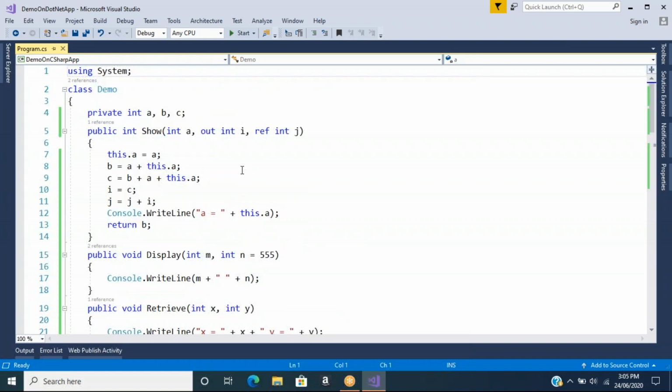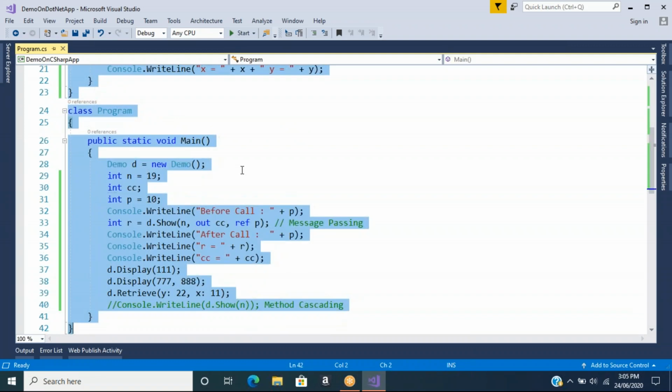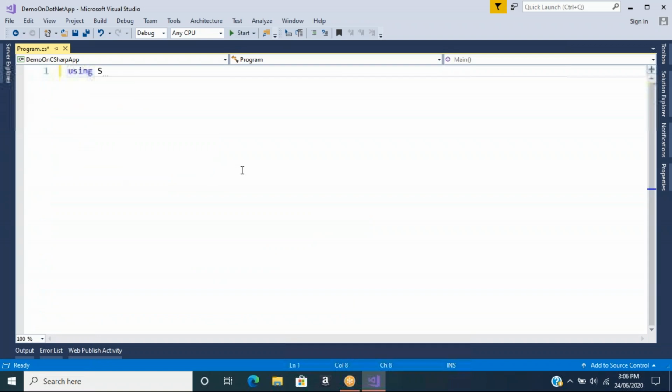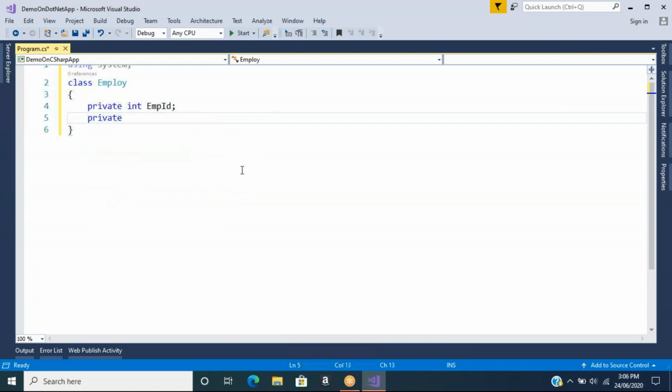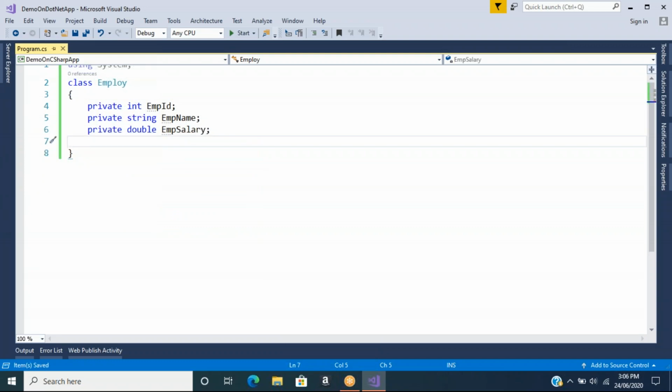Now we'll do another topic. A simple topic: how to create an object as an array. That would be our next topic. How would you do this? Using System; class Employee, with private int employeeID, private string employeeName, private double employeeSalary. Three fields. Method: public void GetData,